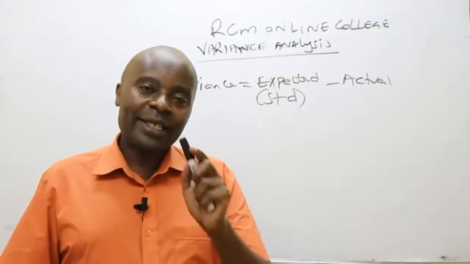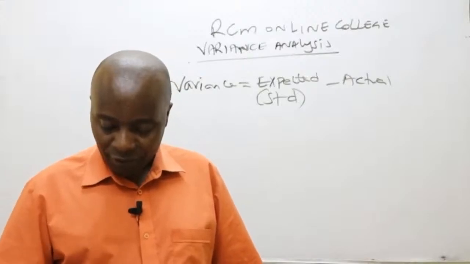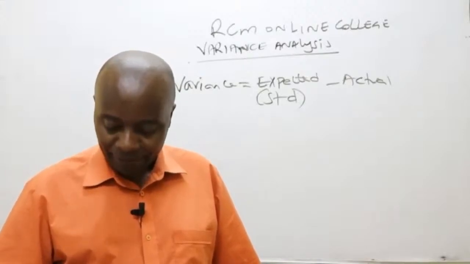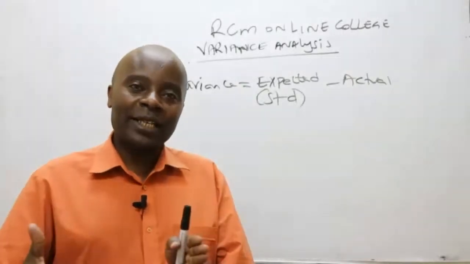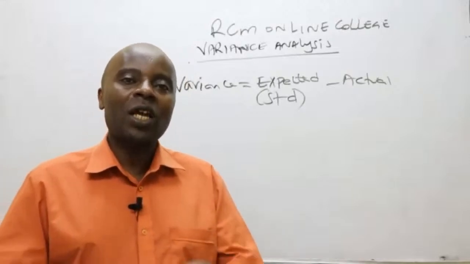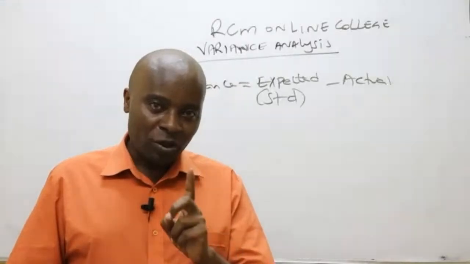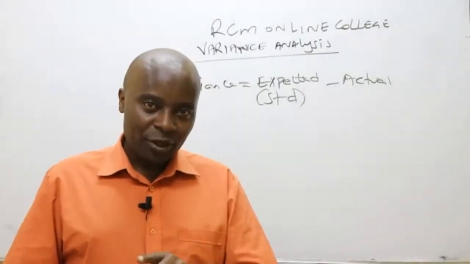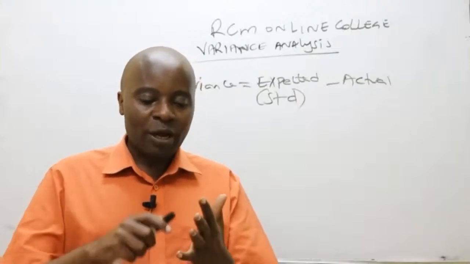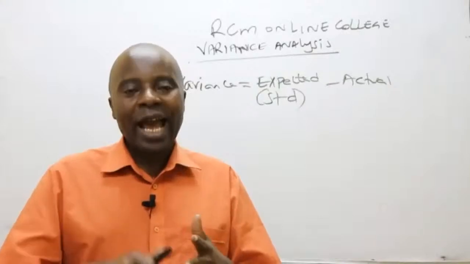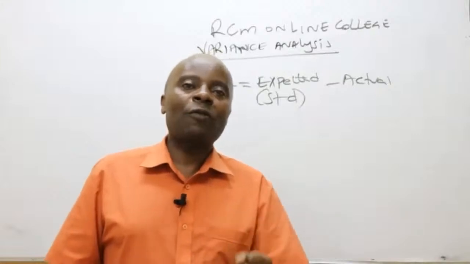Fixed overhead cost variance, I like that. Sales variance. But you see, before you go to the sales variance, we have 2 types of overheads. We have variable overhead and we have fixed overhead. So you should talk about variable overhead cost variance and the fixed overhead cost variance. So 5 types of variances, ladies and gentlemen.